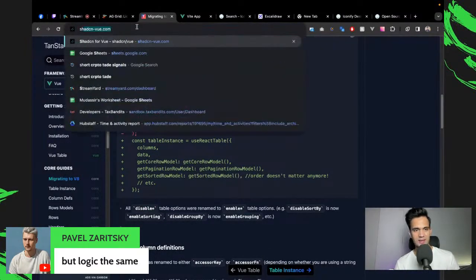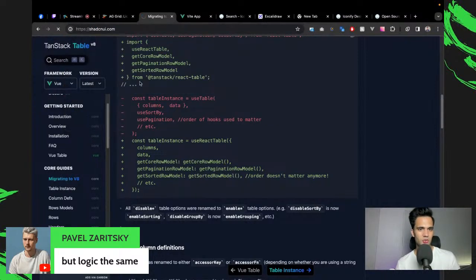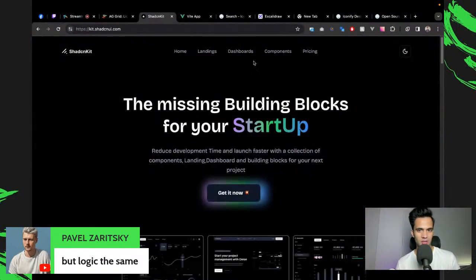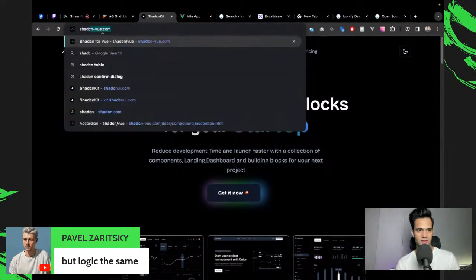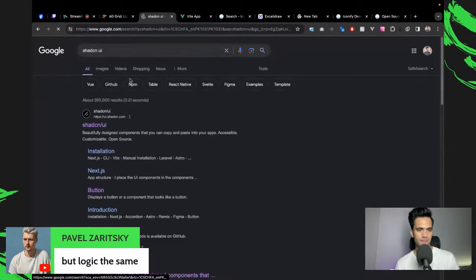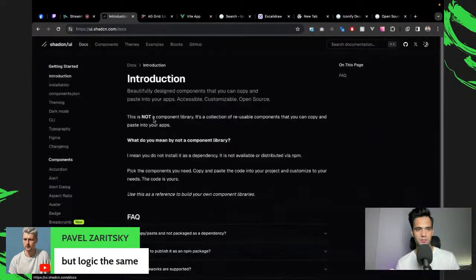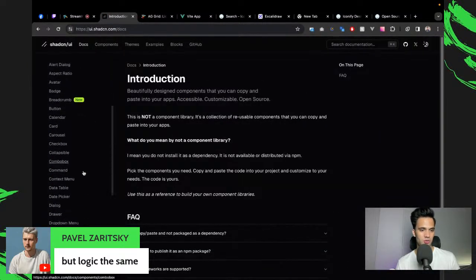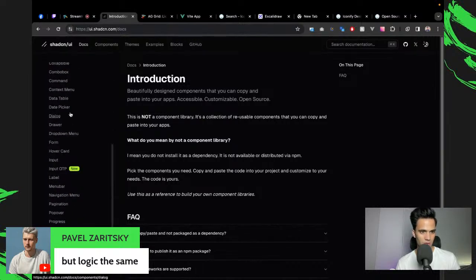And if you know of shadcn/ui, shadcn/ui also uses TanStack as their data table. Let me search for shadcn/ui. This is interesting because the day I started streaming, I looked up other resources, other options that are also open source.